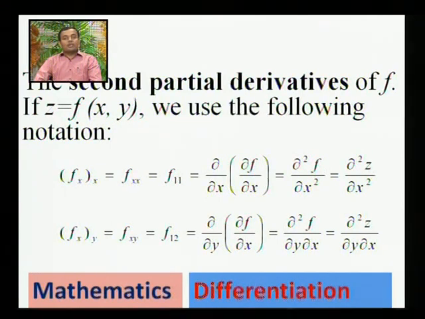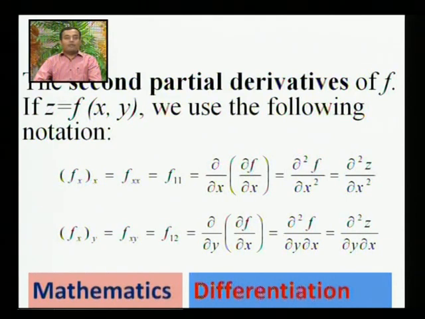So now the question is, can we find a partial derivative of a partial derivative? That is, if we are having fx, then can we find its partial derivative, that is, the partial derivative of fx with respect to x, or with respect to y, etc. So yes, we can find that, and that is given by this fx, and its partial derivative with respect to x is fxx, or it is also denoted by f11, where 1 stands for the first variable, here the first variable is x. So that is f11, that is, we are taking the partial derivative of f twice, and that is nothing but del by del x of del f by del x.